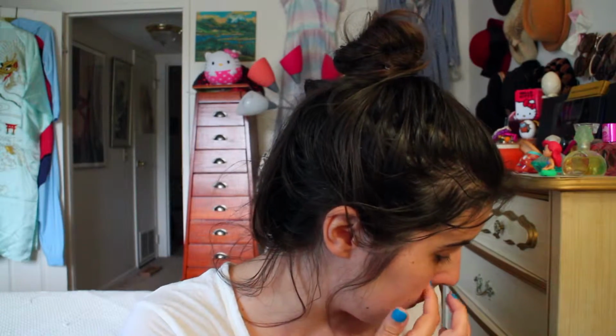So I just put a few squirts of whatever I'm doing on this little thing. And normally I would use my fake beauty blender to put this on, but I'm just not feeling that today. So I'm just going to use a rounded top Jessup brush here, which I really love for BB cream. I only have one rounded top. I really love this brush for BB cream, and that's pretty much all I use it for. So I'm just